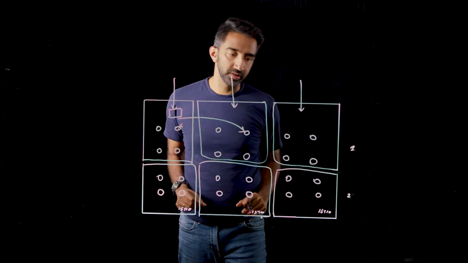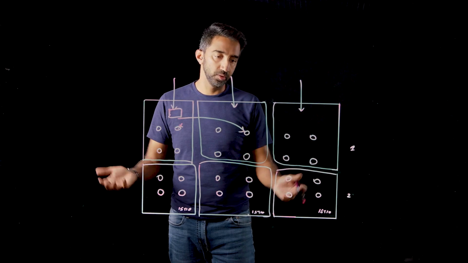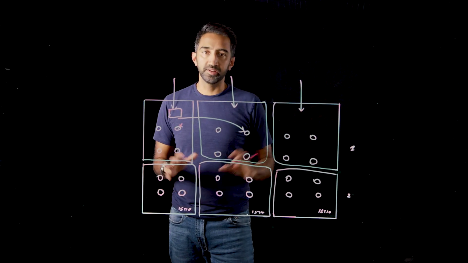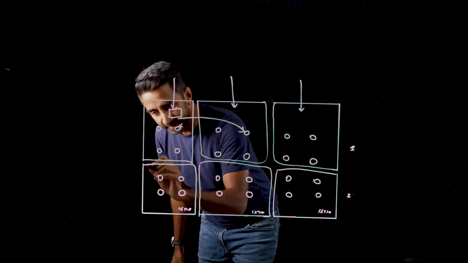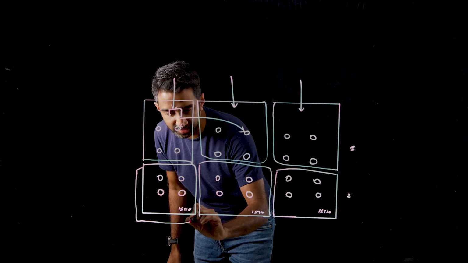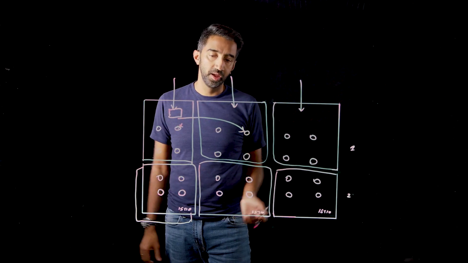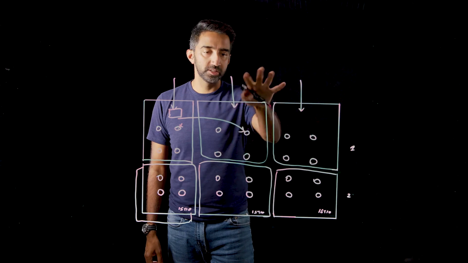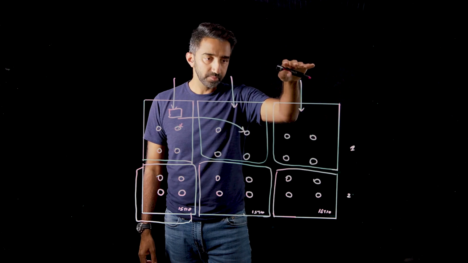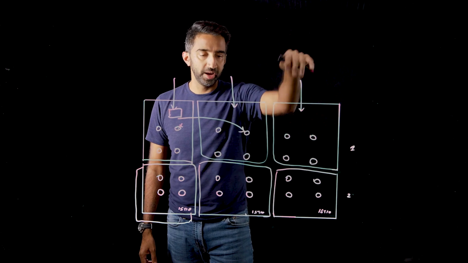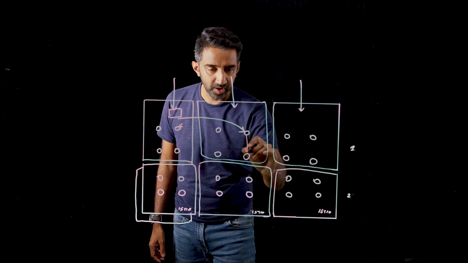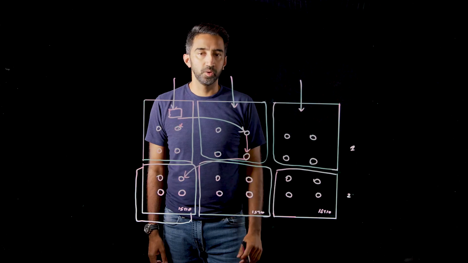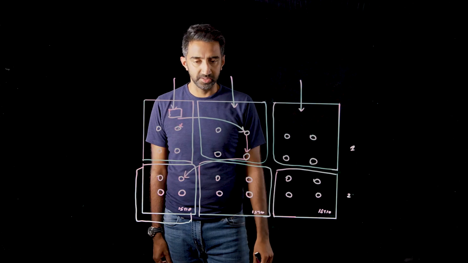Your tier two clusters, they don't need to have HA. For example, this could be a different business unit than this one. They all run different sets of clusters, and they independently can choose to run multiple instances of that cluster if they want to, but they don't have to replicate services between the two. So now these tier one services capture the customer's request or your end user's request, and then they can route traffic this way, and then this knows where the final destination is, so it can go to the right destination.